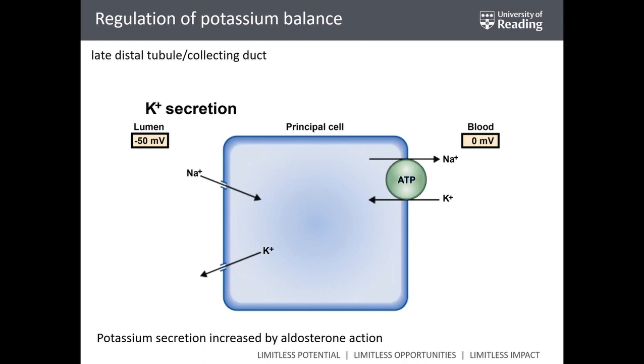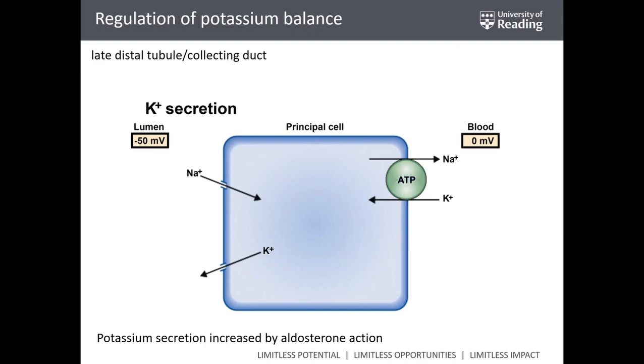So we already know what that means for sodium. We already know that for sodium, this will generate a gradient which promotes the reabsorption of sodium from the lumen into the blood. But for potassium, this means an increased